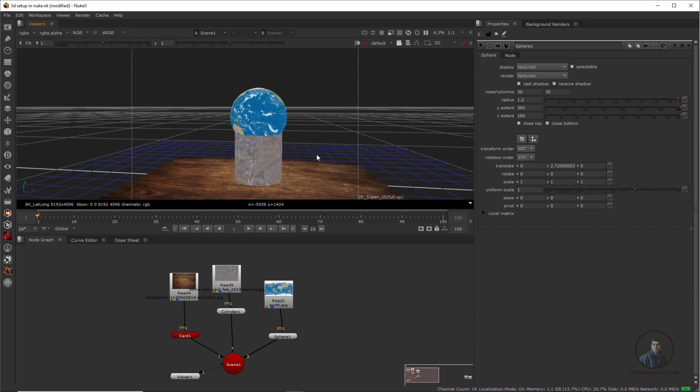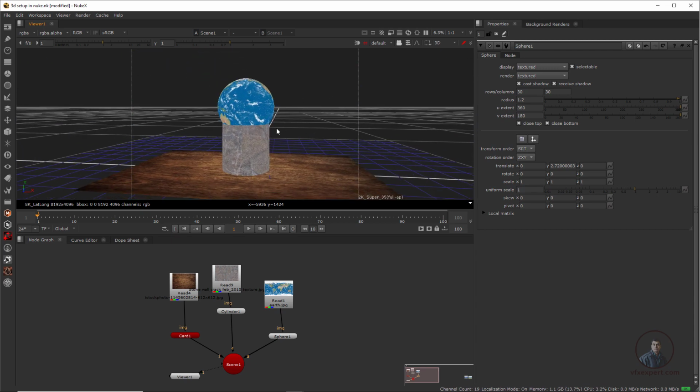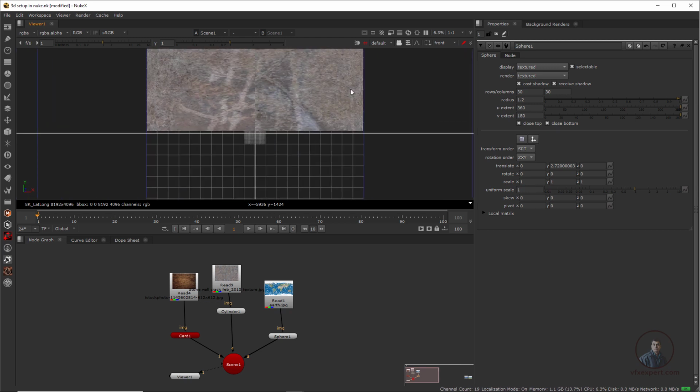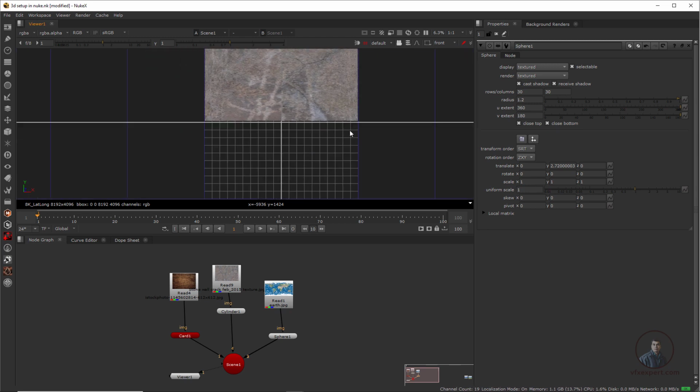So you can also use the orthographic view inside Nuke. On the right side here, this is by default our 3D view. And these are the orthographic views, maybe right side, left side, top, bottom, front, back also. So just simply select maybe front. So now we can easily see here, this is our cylinder and this is our ground here.